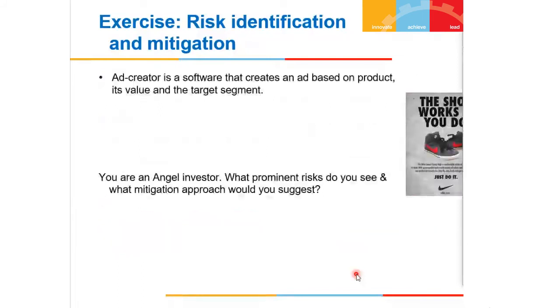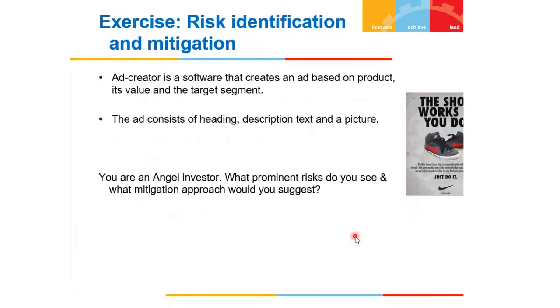Now let's look at one more example. This is a software which creates ads which can be published in the newspaper or any print media. You need to give this software a description of the product, what value it is providing to its customers, and who the target market is. Based on that, it will create an ad something like this,